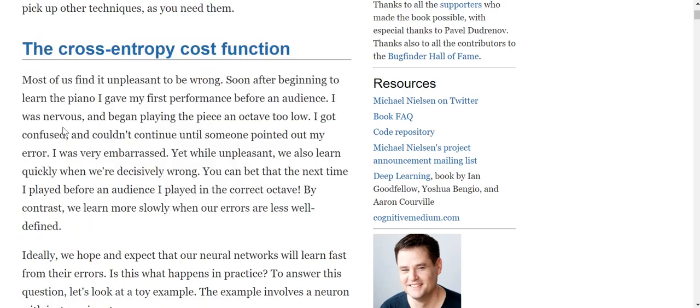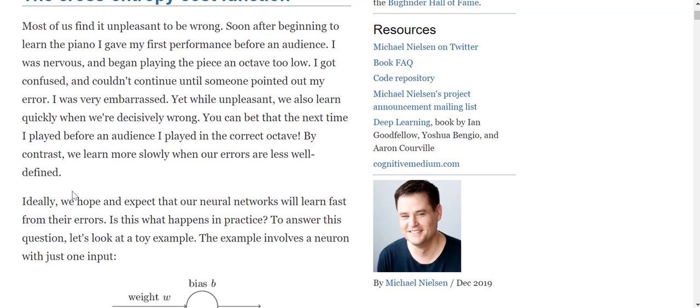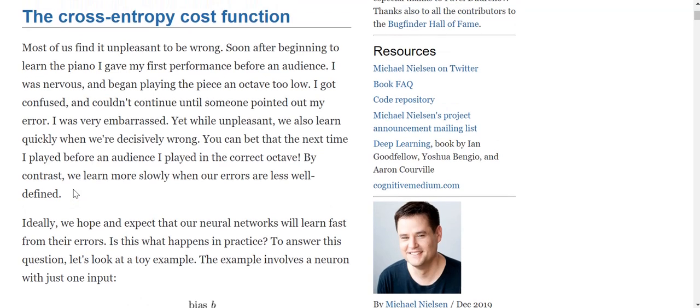This is like a good introduction. So if you tell the machine that it's making an error, then it would try to fix it, right? But if the error is large but you just give a low signal that there's a slight error, then it wouldn't really make major changes or learn quickly.